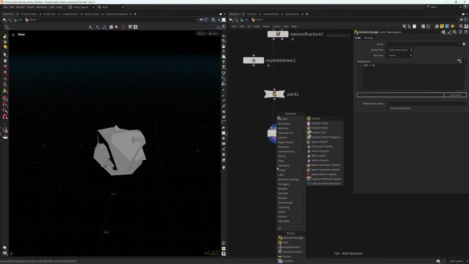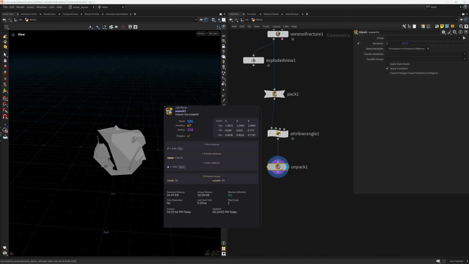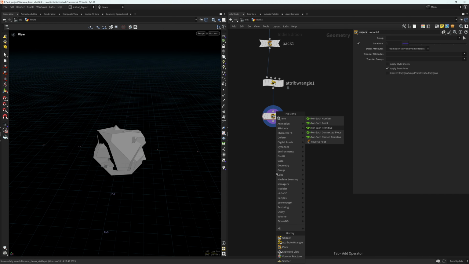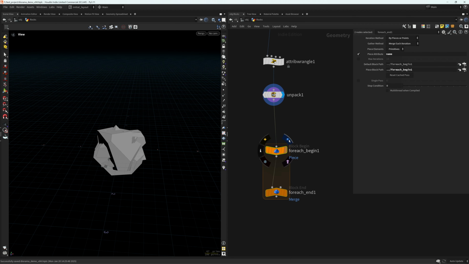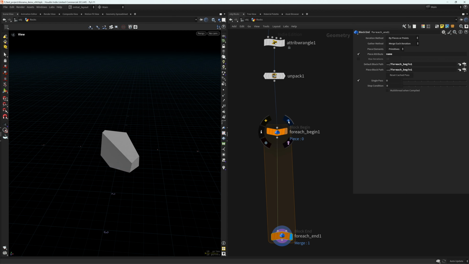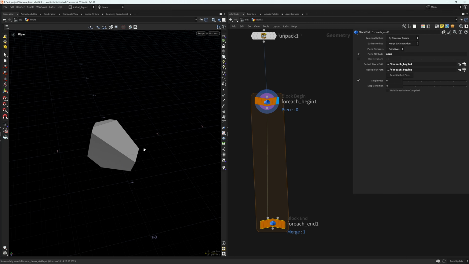So now we can unpack, and let me see, I believe I need to move the name attribute, or does it have it already? So it transfers, we don't need to transfer it again. And we will do a for each named primitive. Where is that? For each named primitive. And let's see, as you can see, we're iterating through all of them. We can do a single pass for now. And we will do a very basic